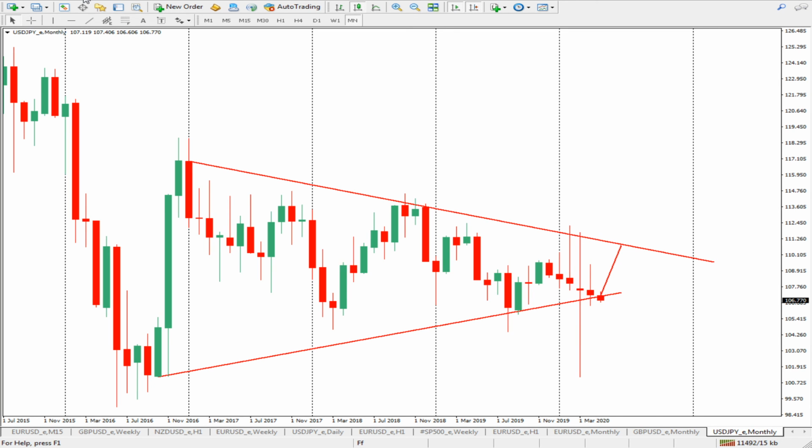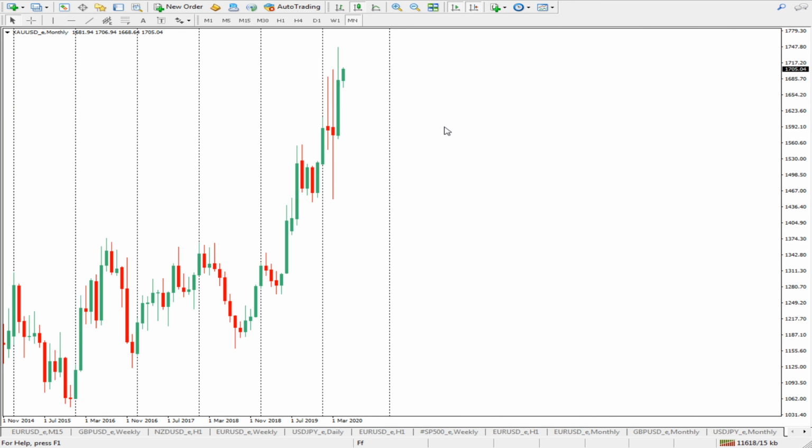Let's look at gold. Gold is upwards. Gold has been very much on the upper side, and as you can see, the price basically closed beyond where it closed previously. So the fact that we closed above the previous month's closing